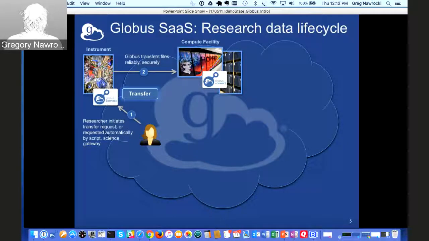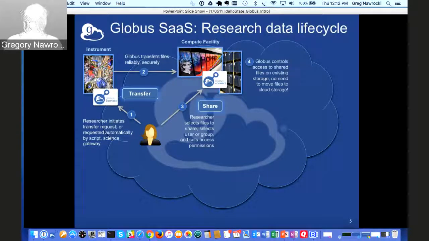The other aspect to Globus is sharing. In this example, that researcher will select certain files to share on the endpoint and set the various permissions, perhaps to an individual, perhaps to groups, all under that researcher's control. Globus controls the access to those files.